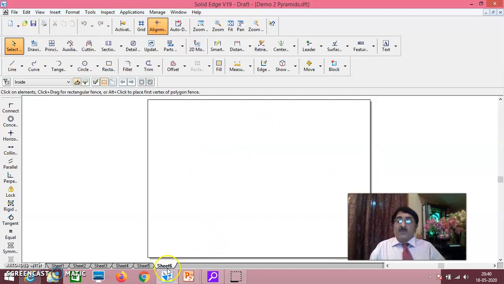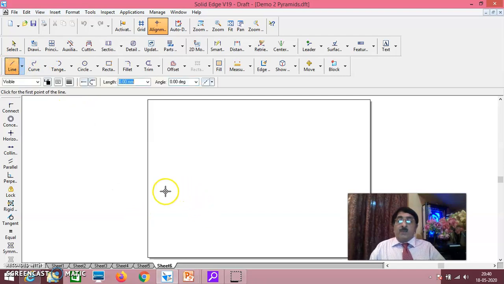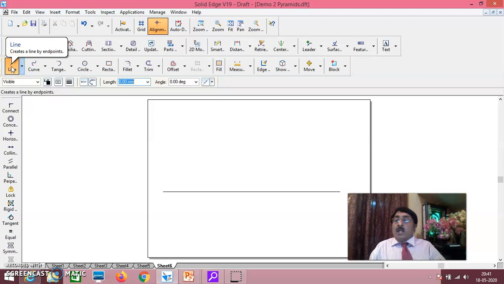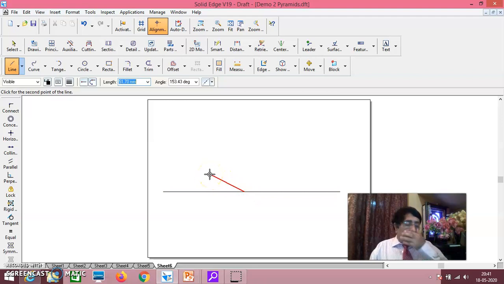Now you see here. First I'll start with one XY line. You see here, this has been done. Now, as you know, the basic principle behind any isometric projection is that the top surface should be seen, the left surface should be seen, and the right surface should be seen. You are concentrating on top surface, right surface, and left surface. Now you carefully follow what I'll do.